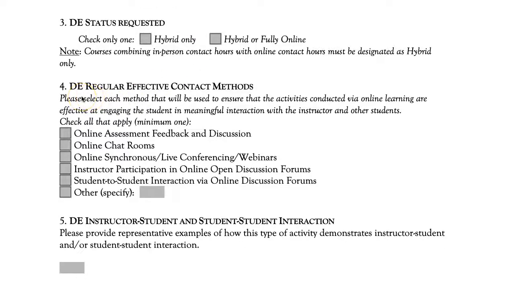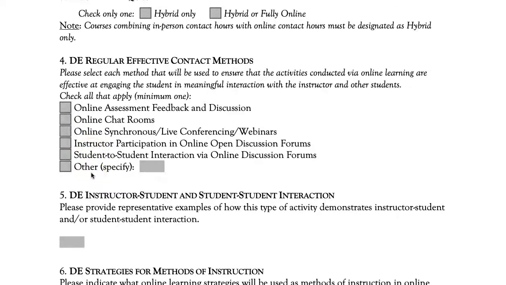Number 4 reviews regular effective contact methods. So we want to check the methods that apply to the course that we're teaching. It's important that we don't put office hours in the other box because office hours are in addition to regular effective contact methods. And we only want to click the options that apply to all courses, to all sections taught